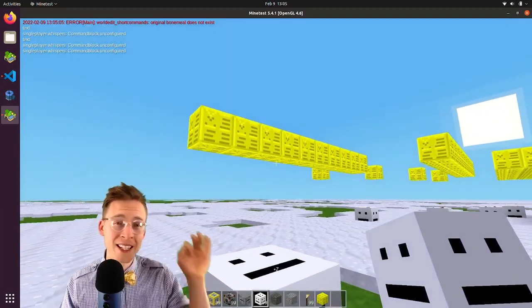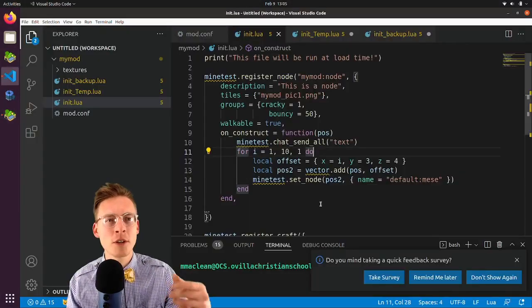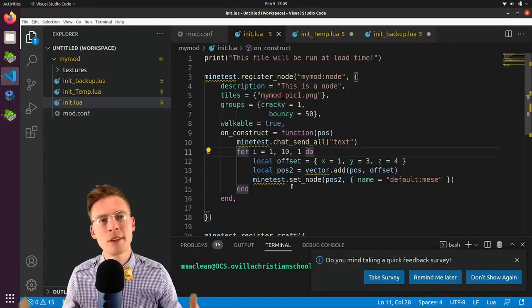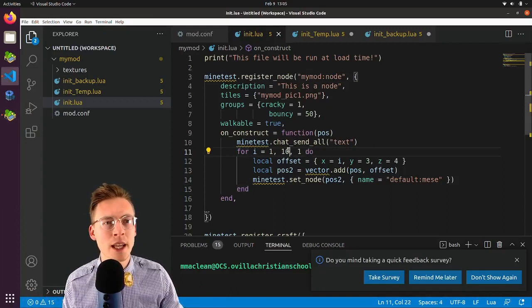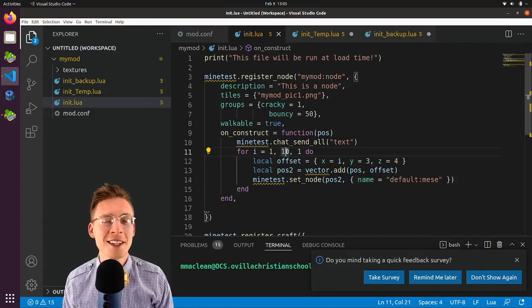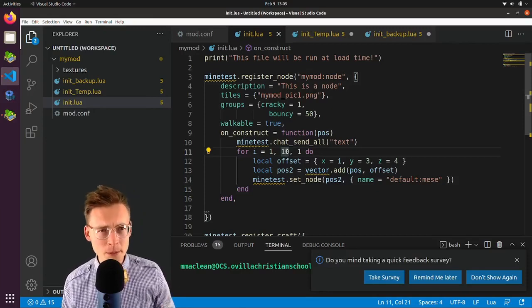As expected, 10, right? So if we went back over to our code, you could play around with this and change the 10, make that like 100 or whatever, or some ridiculous value. Bear in mind it'll probably crash the game. But